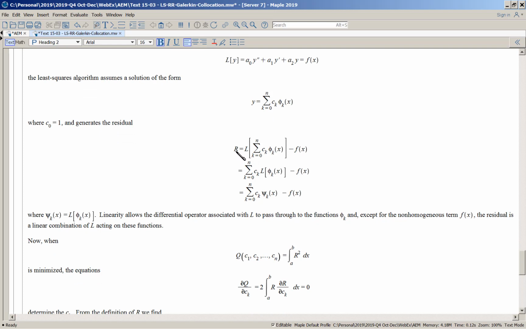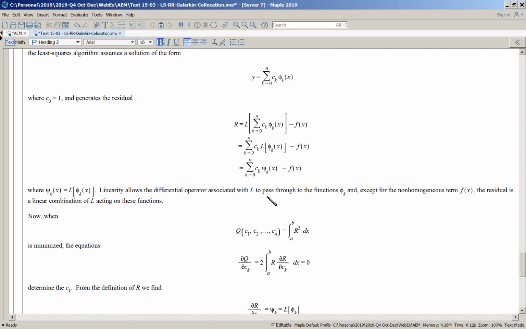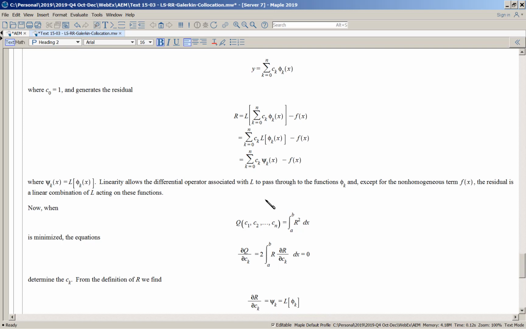How do we get the residual? We apply the operator to this approximation, and because of linearity we can move the operator past these constants ck, and they apply directly to these basis functions. So L on a basis function is a new function. We'll call that psi. Now when we square and add